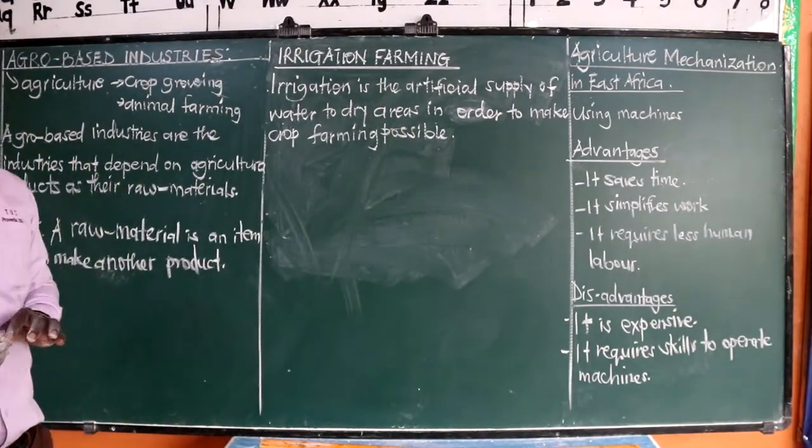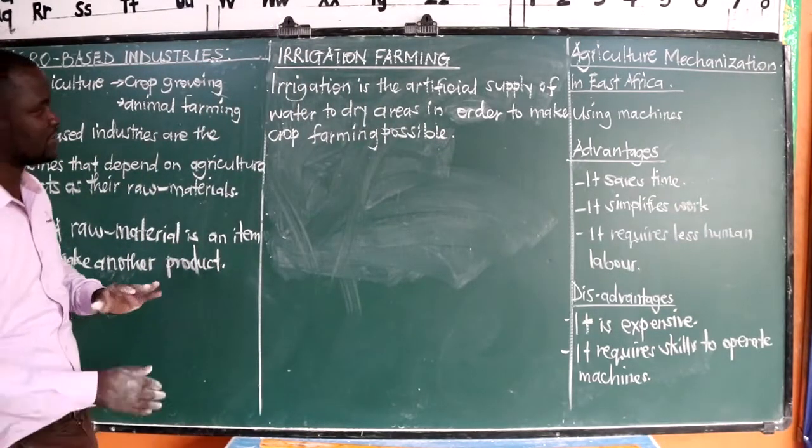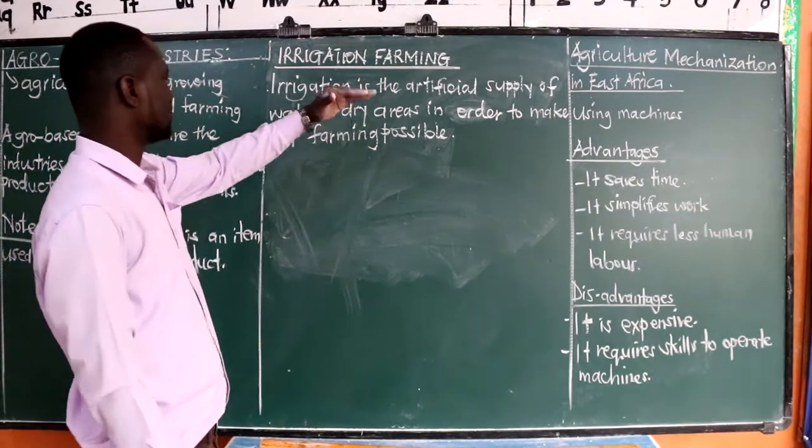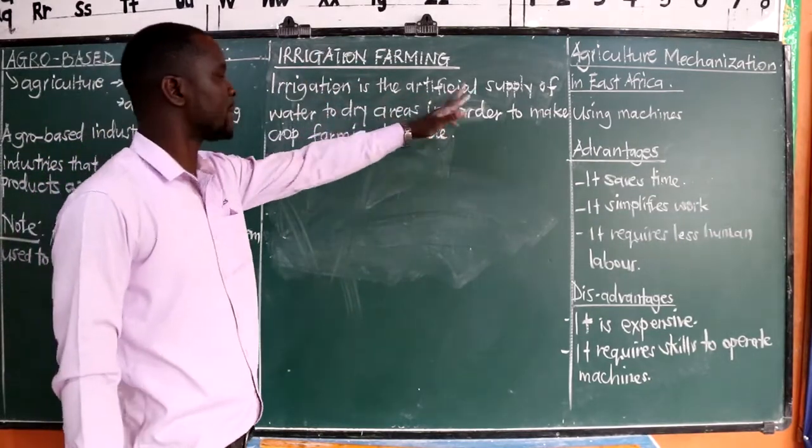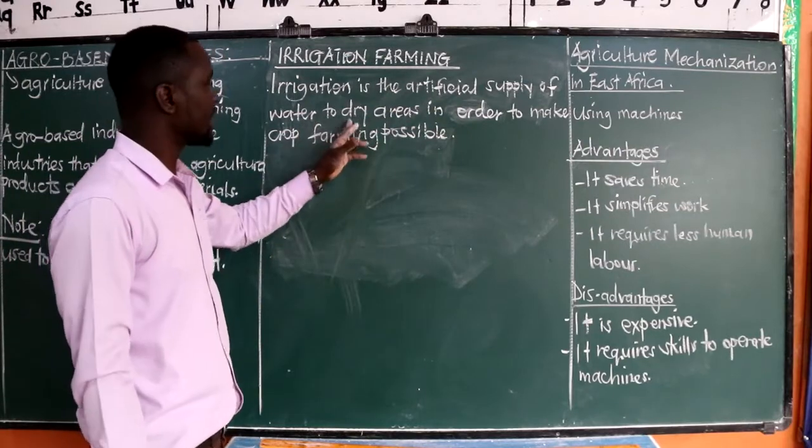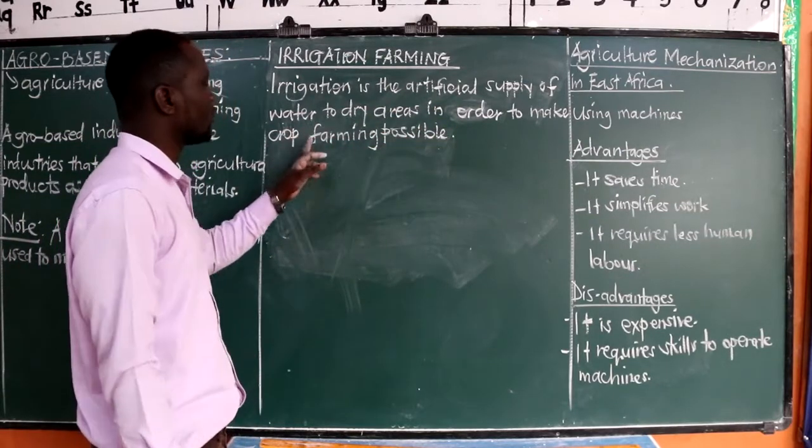So that is the definition for irrigation farming. We are saying irrigation farming is the artificial supply of water to dry areas in order to make crop farming